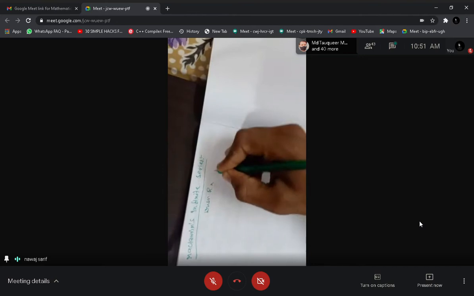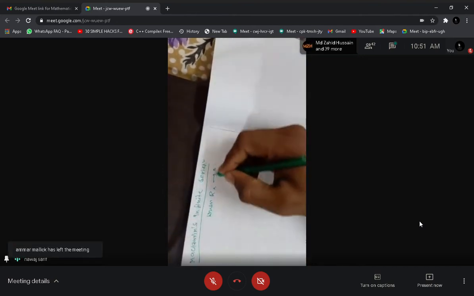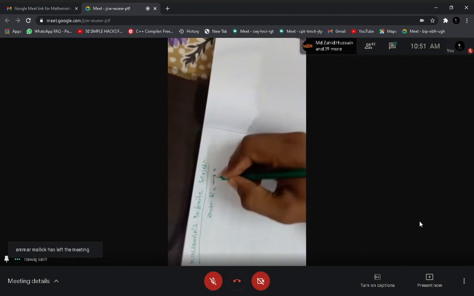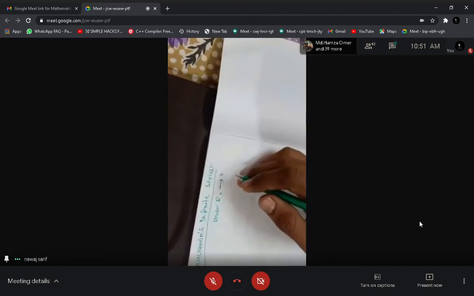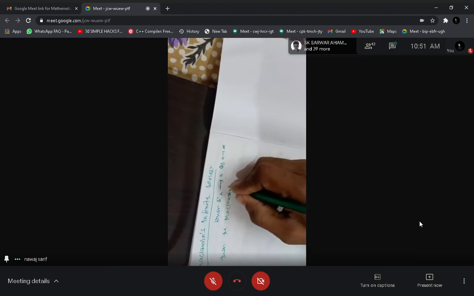When Rn is tending to 0, that is, Rn is the nth term, when this Rn is convergent, then as n tends to infinity, the Maclaurin's series becomes